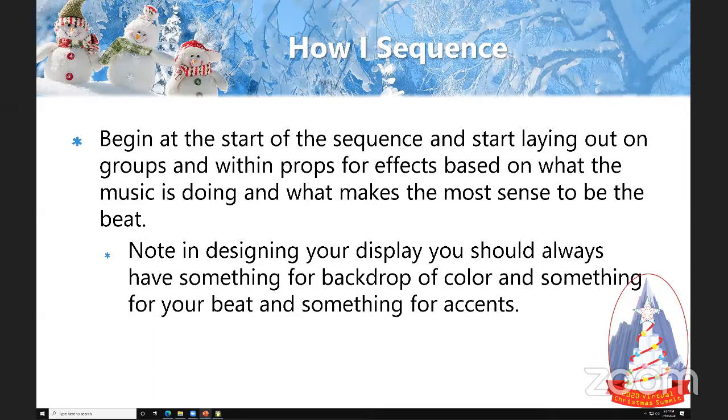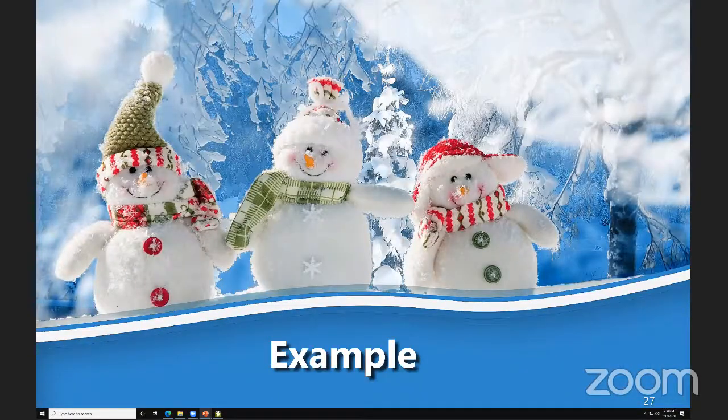So sometimes you may want props that are just effects. Now with the way you can submodel props, like if you have a snowflake, you can submodel the inner portion of the snowflake to be like a circle, and then you can make those circles pop when you want something to pop. So think about those kinds of things when you're sequencing in S5 that will help you get the little extra pop, and you don't have to have an additional prop to make that happen. You can use the props and the pixels the way that they're designed to be used. So an example,